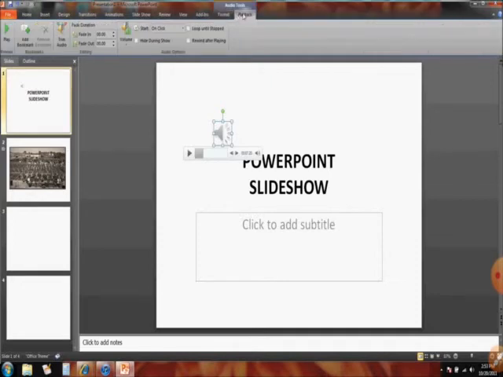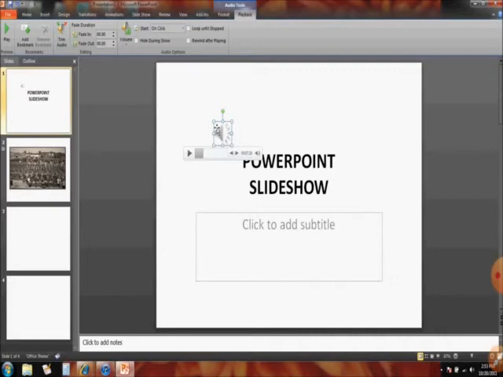You can change some settings in the audio, like looping. If you want to play it again and again until the end of the slide, you can select the Playback tab and select the loop options given here.